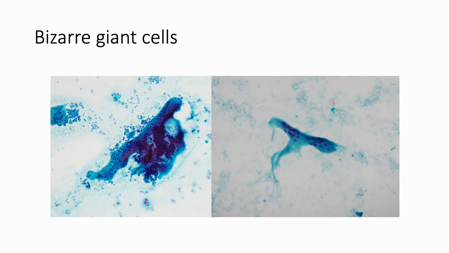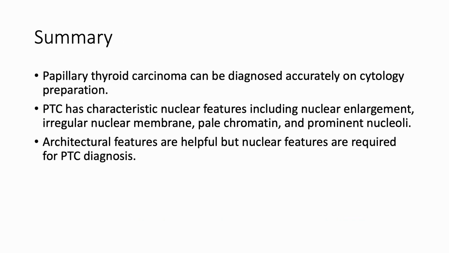Multinucleated giant cells. These are bizarre-looking large cells with multiple, sometimes more than 200 nuclei. Psammoma body, bubblegum colloid, and bizarre giant cells are just soft signs of PTC. None of these are specific enough to make the call on their own. So here's the bottom line, PTC can be accurately diagnosed on cytology, and that diagnosis rests on nuclear features, including